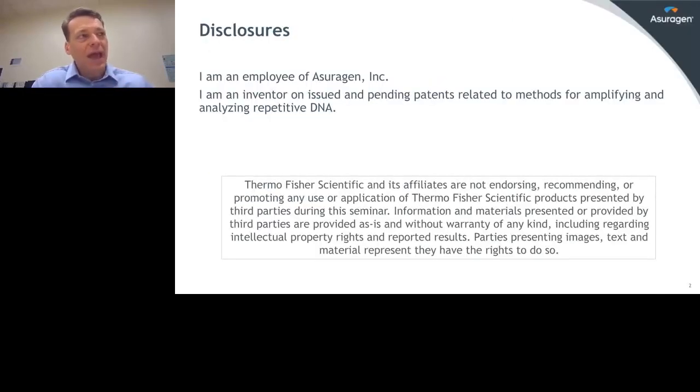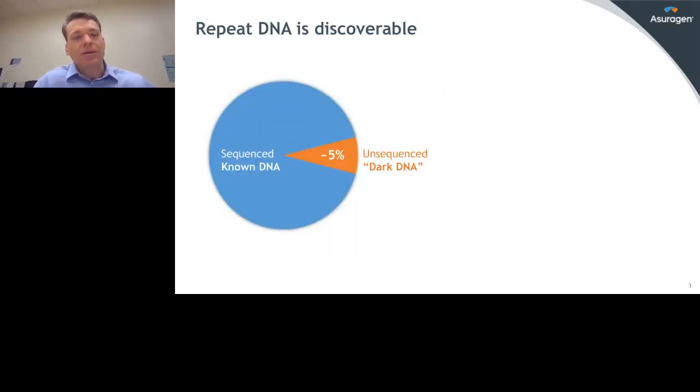But before I get there, I'd like to first talk about some of these really hard to amplify patches of the human genome, this dark DNA, and how it has emerged as important regulatory elements in gene expression, and in many cases as bona fide biomarkers of inherited disease, with implications that range from neurological disorders to reproductive health.